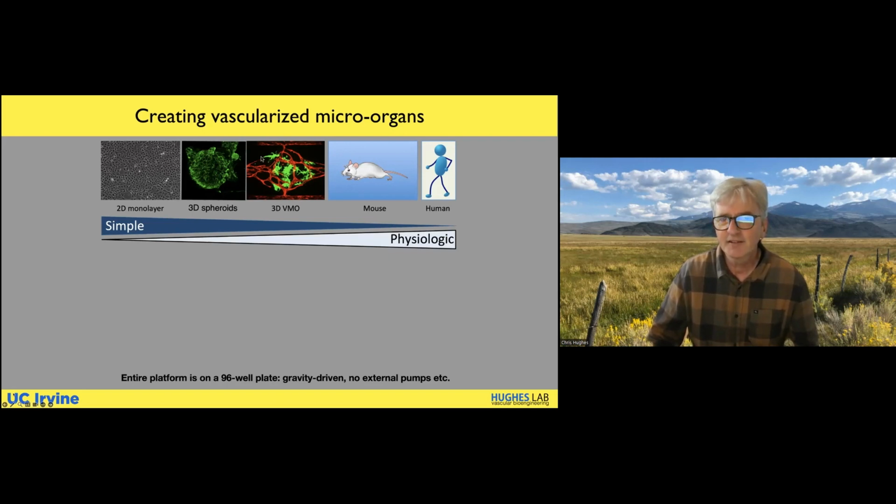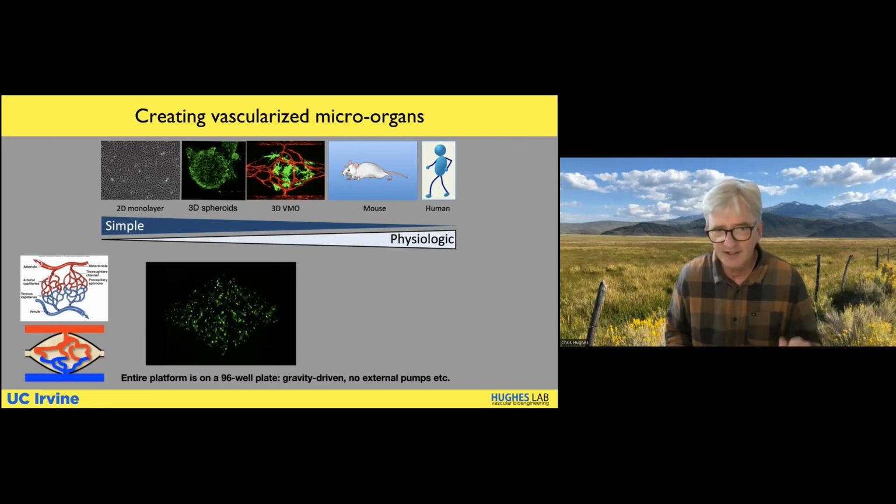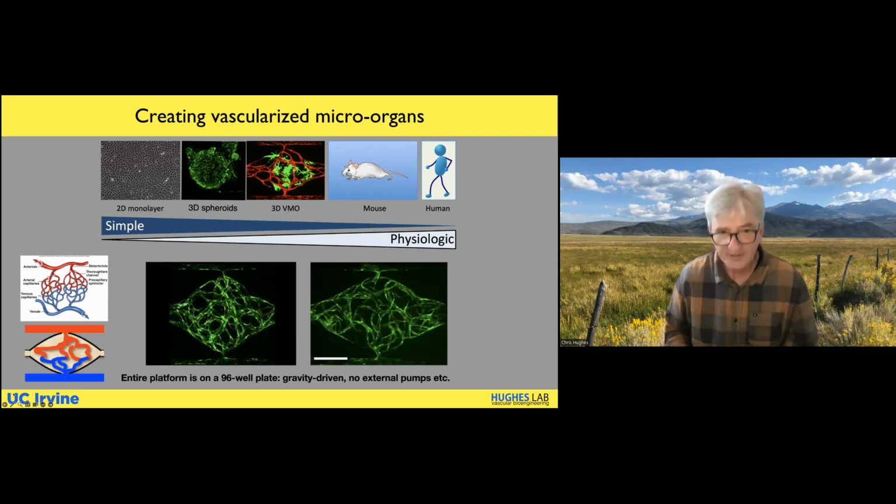And then within this vascular network, we can grow any tissues that we want. So it's all based on your vascular system, a high-pressure arterial side, a low-pressure venular side, connected by these capillaries, and it's through capillaries that all drugs and nutrients are delivered to cells in the body. So again, we schematize it this way, with the microfluidics, done exactly the way Dan described it. And over time, these vascular networks will form in this platform and connect the artery and the vein, and that's